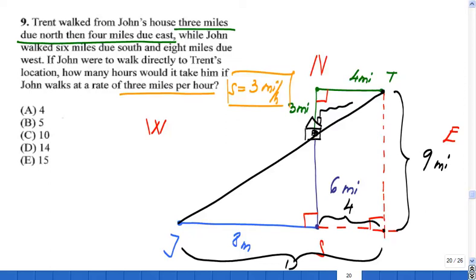And 4 miles plus 8, this is going to be 12 miles, right? And I have what? 9, 12. And if you guys remember one of the previous lessons when we talked about Pythagorean triples, I said 3, 4, 5. If you cut 3 pieces of wood, and each one has a length of 3, 4, and 5, if you put them together, you're going to get a right triangle where 5 is the hypotenuse,